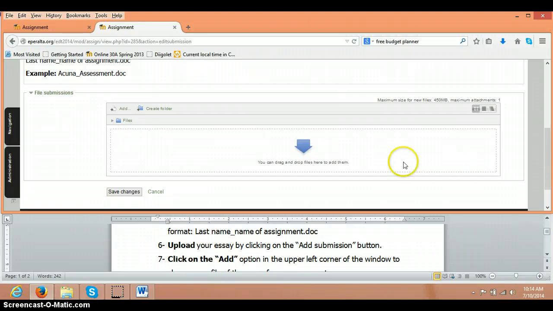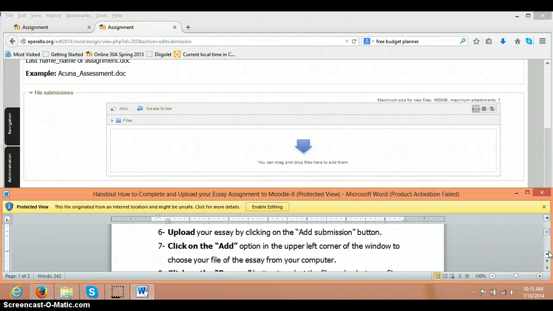You can drag and drop your file here if you want to, or you can also, as it says here, step number 7 of the handout, click on the Add option in the upper left corner of the window to choose your file of the essay from your computer. So I will go here to Add,